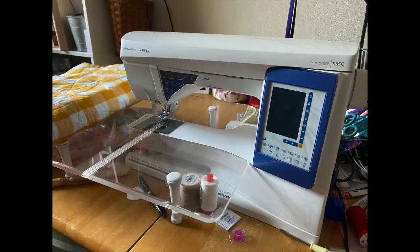But because I have to do it on my home machine, I use a Viking 965Q. It's a great machine. I love my Viking. I've always sewn on a Viking. My mom always sewed on a Viking. I think it's probably the best machine I've ever had. But it's